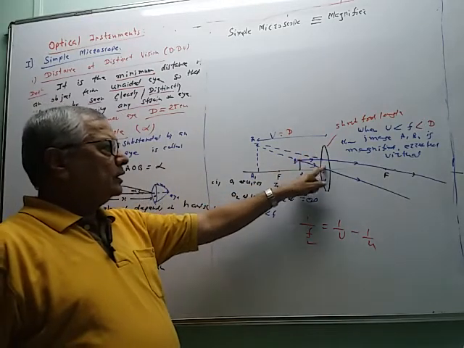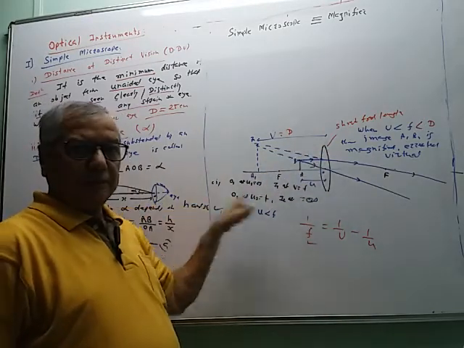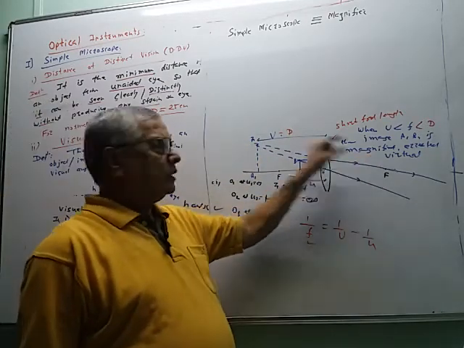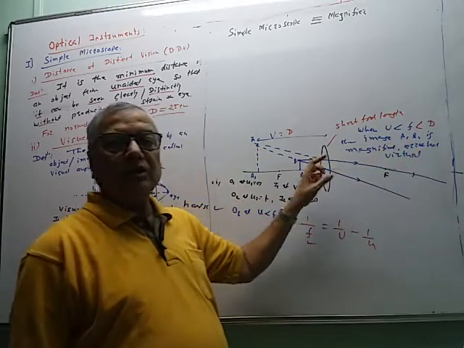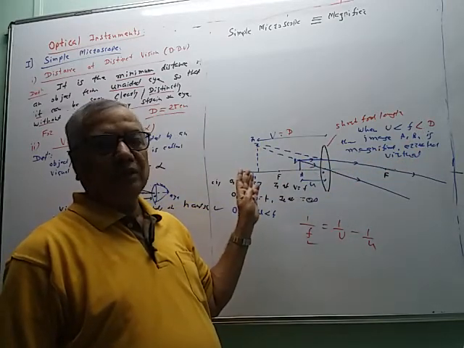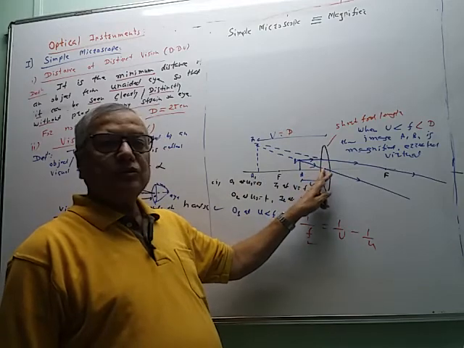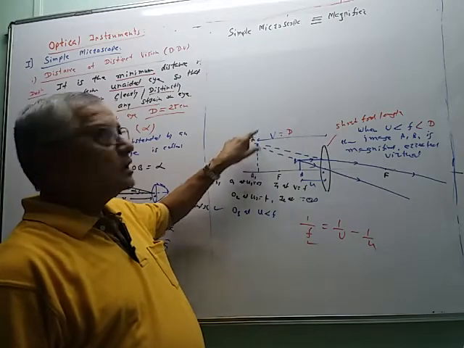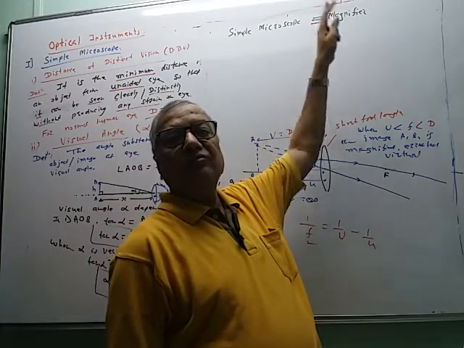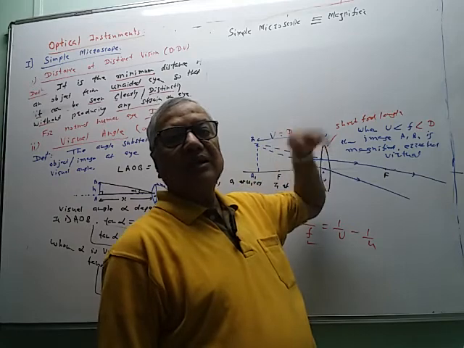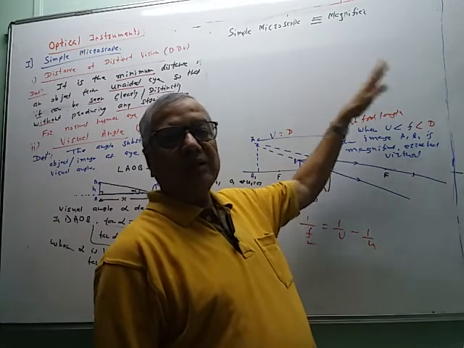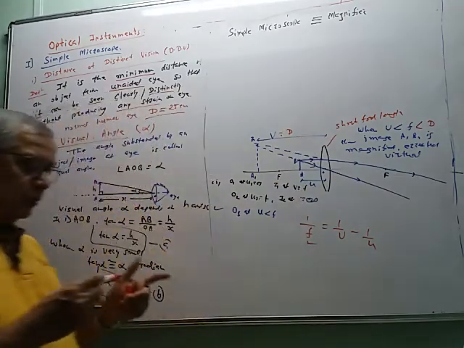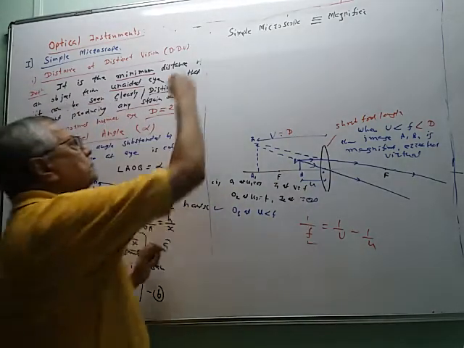So when the lens is used for this purpose, to produce the magnified, erected and virtual image on the same side of the object, then this type of lens used is called as a simple microscope. It produces magnified image, therefore it is called as a magnifier. Magnifying glass, magnifying lens पण म्हणतात त्याला. Magnifier, magnifying glass, बरेच नावात येतात त्याला. लक्षात. So now we know the meaning of simple microscope.